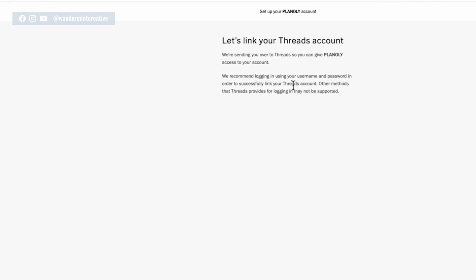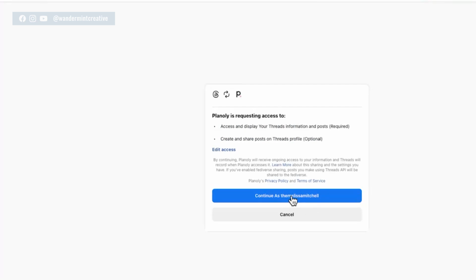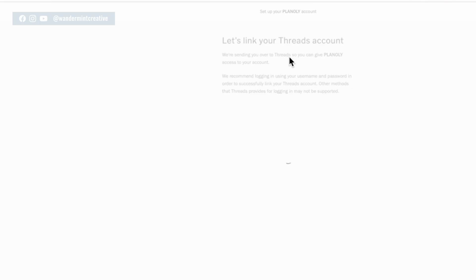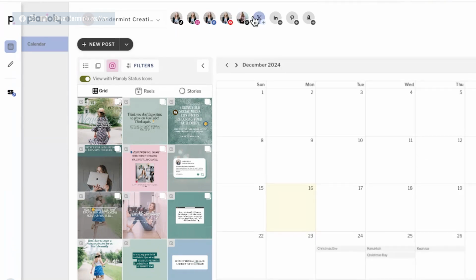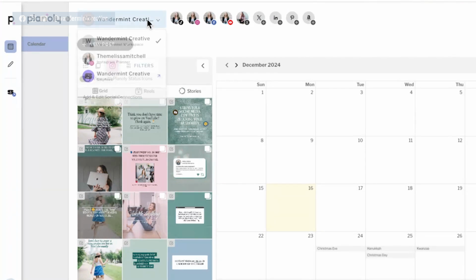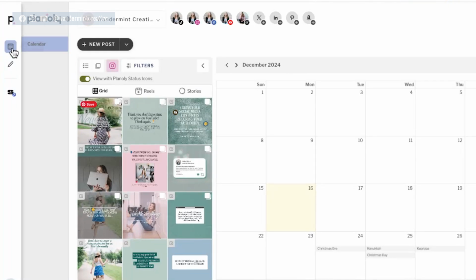So let's say link Threads. So I can just show you what this looks like and say continue, and it'll make you log into your account. And there you go. Now my Threads is connected as well. So you would go ahead and attach any different accounts to the top here, as well as to your Instagram planning account there. Now, a couple other little housekeeping items when it comes to Planoly is on the left-hand side here,